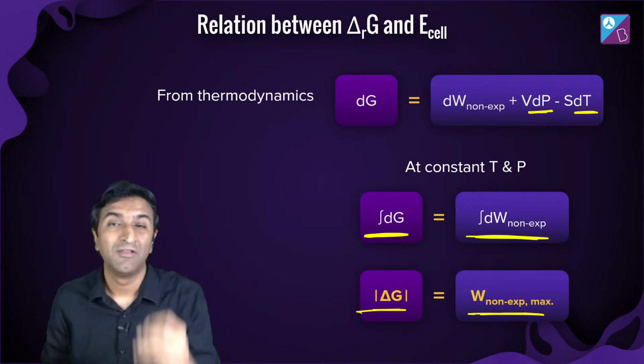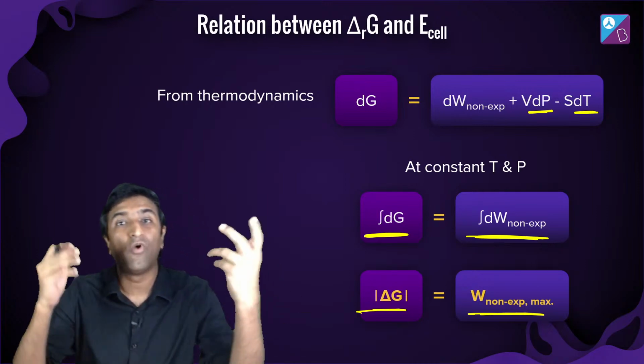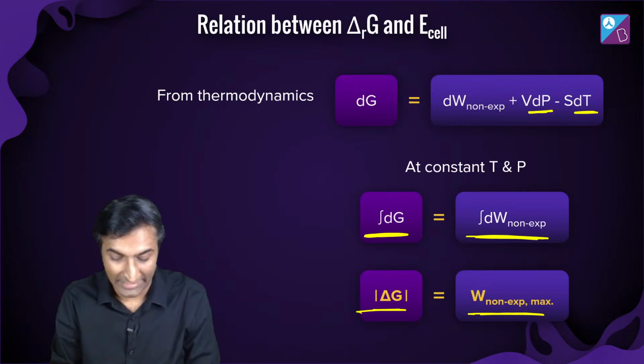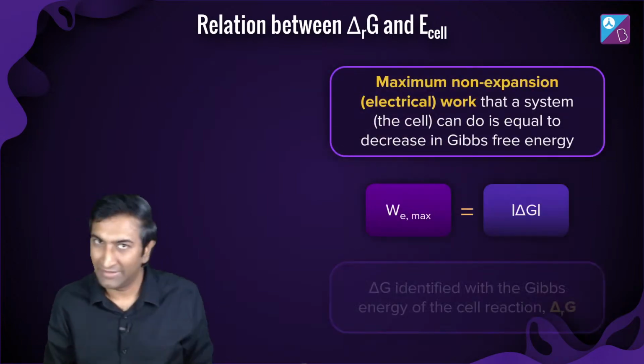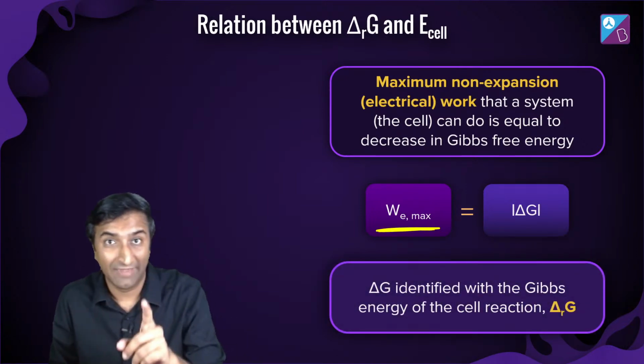इसका क्या मतलब है? बहुत बार गिब्स फ्री एनर्जी बताते रहते हैं आपको. यूजफुल वर्क, यूजफुल वर्क. What does that mean? This is what that means. ठीक है? यूजफुल नॉन एक्सपेंशन वर्क निकालने के लिए डेल्टा जी is what is given to you. खैर, अब ये थोड़ा सा हमने मैथमेटिकल जगलरी कर ली. Let's get back to the point. Right, the maximum work that can be derived.